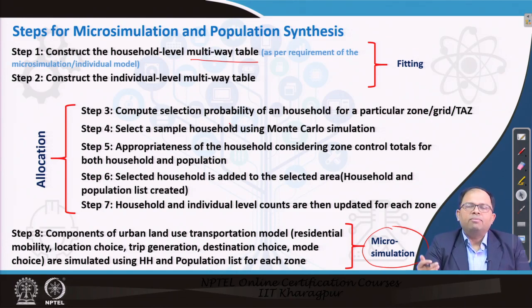That means we have this disaggregate sample data set. For each individual data in that sample data set, we need to compute the selection probability of that particular sample. That could be determined based on the cross tabulation tables, because in cross tabulation tables we have different demographic groups and we know the exact probability of each of these groups. Even though we do not have the probability of each group, we have the marginal totals. So, using conditional probability, we can also predict the selection probability of a particular household for a particular zone.